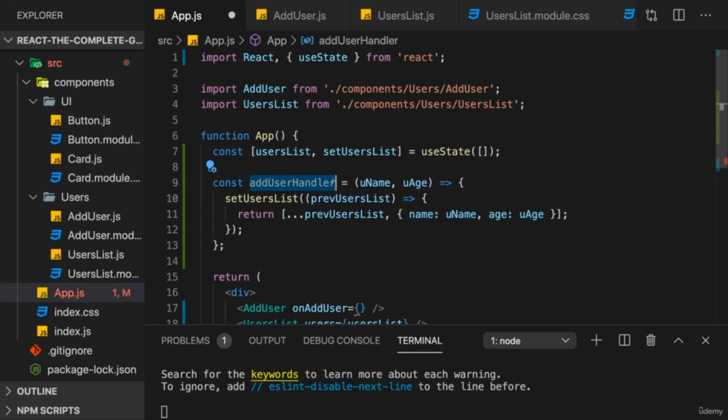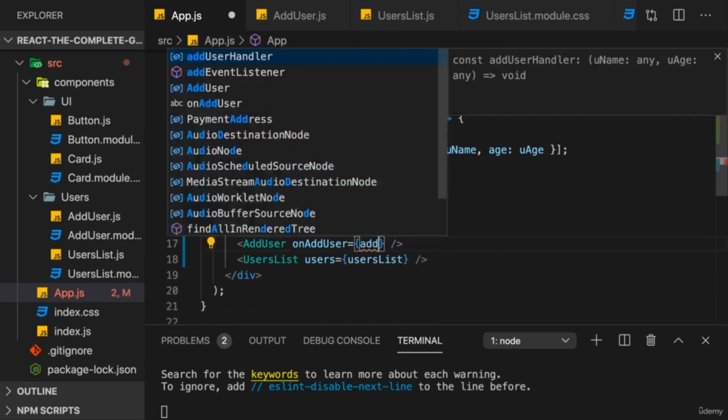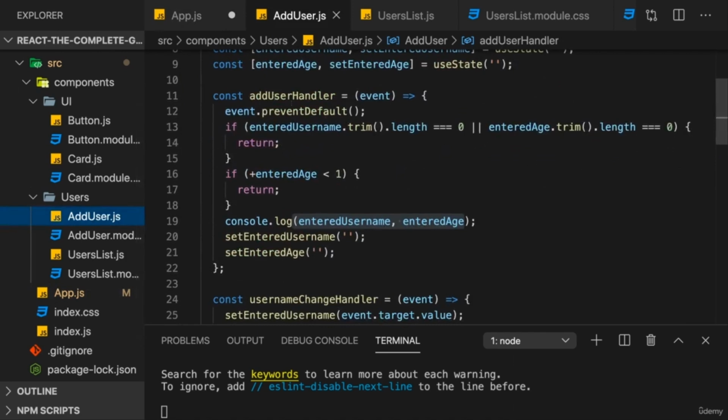And now we just need to wire this up. Add user handler is what I pass to the onAddUser prop here on my addUser component. And now inside of the addUser component, we need to utilize this onAddUser prop. So here in the addUser handler, instead of console logging,